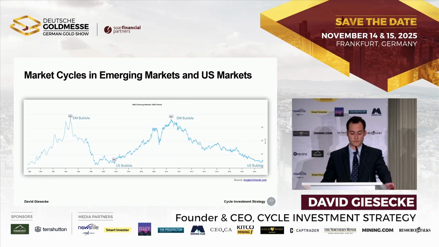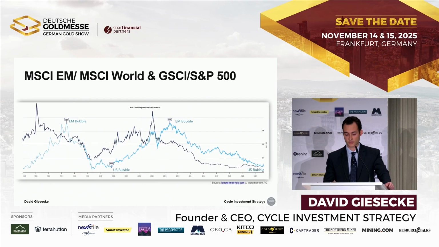We are now at similar levels seen at the 2000 dot-com bubble highs in regards to the US market. So from a cycle perspective, we should soon see a change that benefits more the emerging markets or the rest of the world instead of the US market. And what is interesting is when you lay the commodity cycle over this emerging market cycle, you can see that they are tracking each other pretty well.